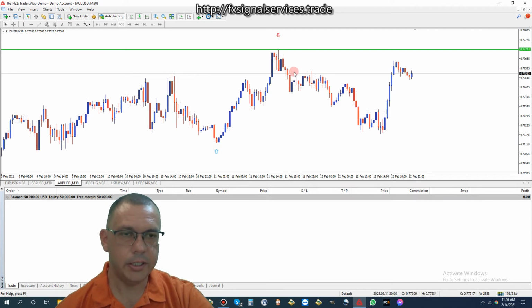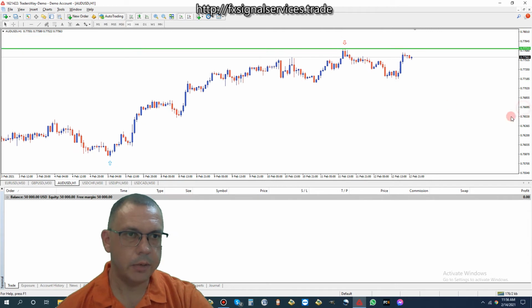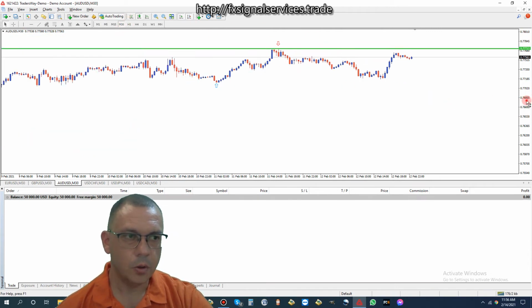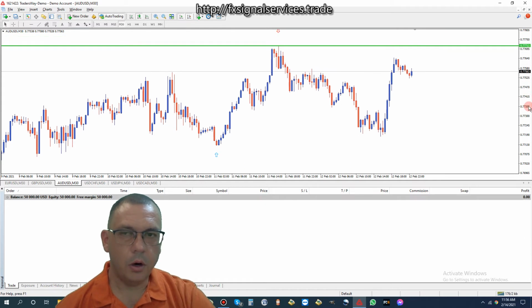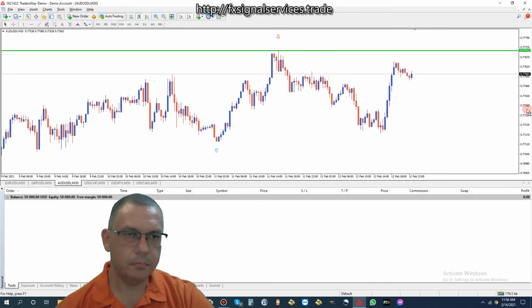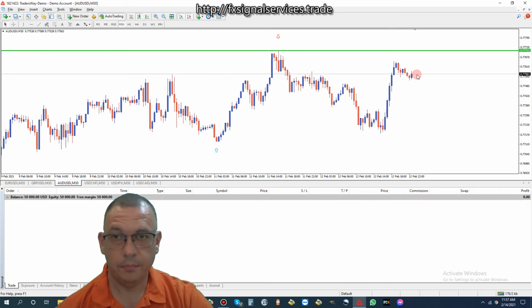Now we see here that we have a red arrow. Let's look at the 1-hour chart real quick. Same thing. We have a red arrow, but no blue arrow, right? So where we are right now on the 30-minute time frame, as of right now, it'd be safe to sell, and wait until you get a blue arrow, and then close the